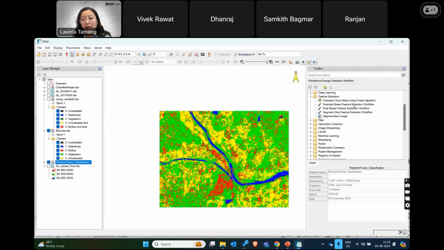So here you are providing examples of your objects, like say car, that is your feature, and you are providing the examples for that feature, and then you are extracting those features. And another is the rule based feature extraction workflow, where you control the spatial, spectral, and textural properties